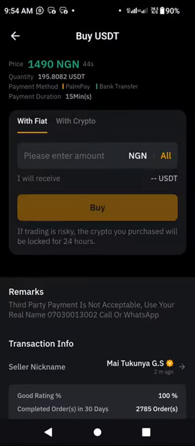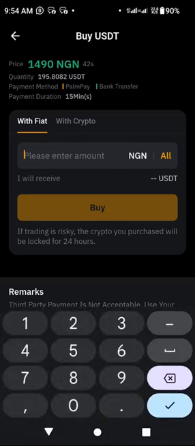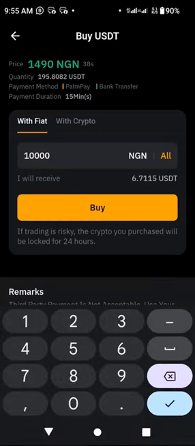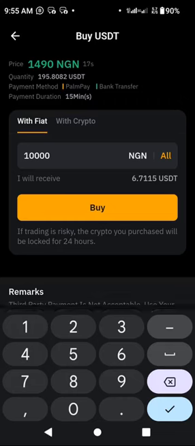Once you click buy, all you need to do is to enter the amount you want to buy. Let's say 10,000 naira. It must be up to the range. Then 10,000 naira will only give you 6.7115 USDT. So remember, you cannot use this one to buy TON. One TON is almost 7 point something dollars. So I'm just doing this so that you understand. And then if you click buy,